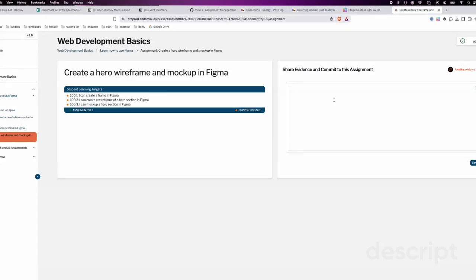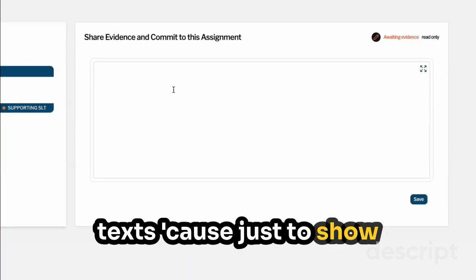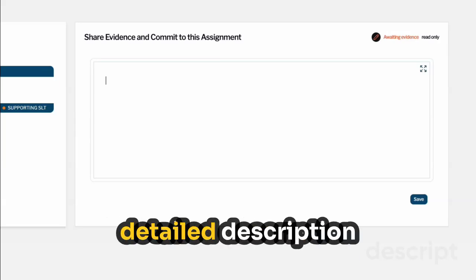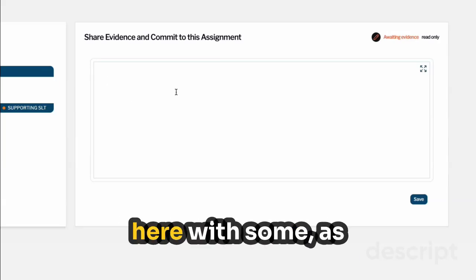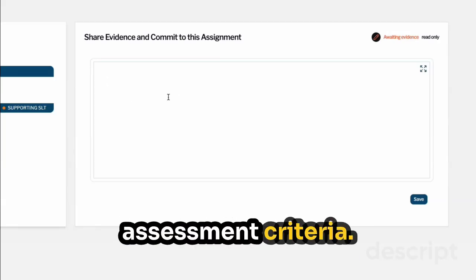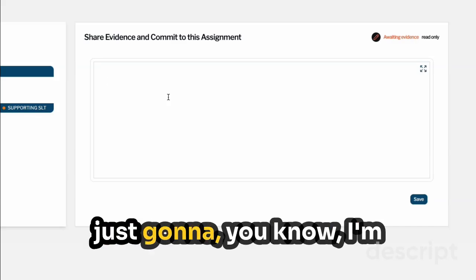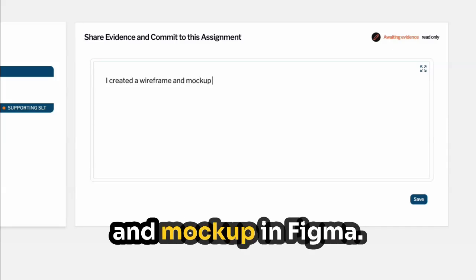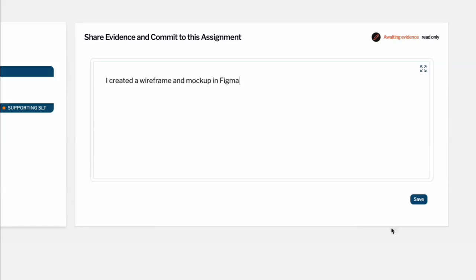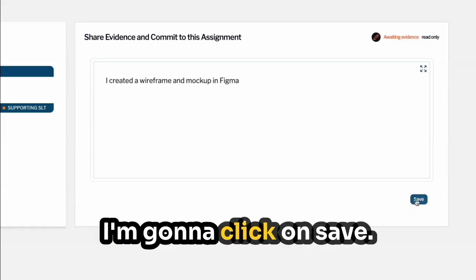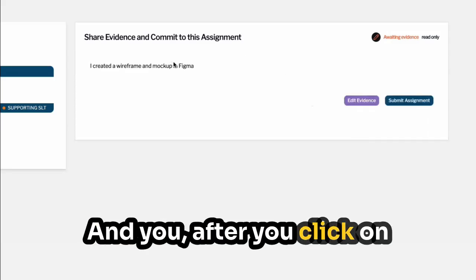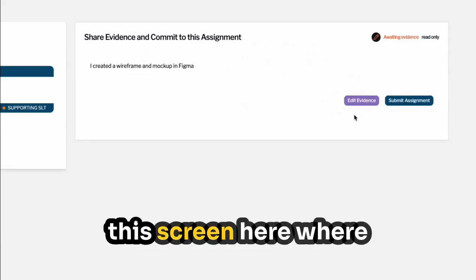So I'm just gonna enter some text just to show you guys how to submit an assignment. But obviously in reality, there would be a detailed description of an assignment here with some assessment criteria. But in this case, I'm just gonna write here, I created a wireframe and mockup in Figma. Okay, I'm gonna click on save, and after you click on save, you're gonna have this screen here where you